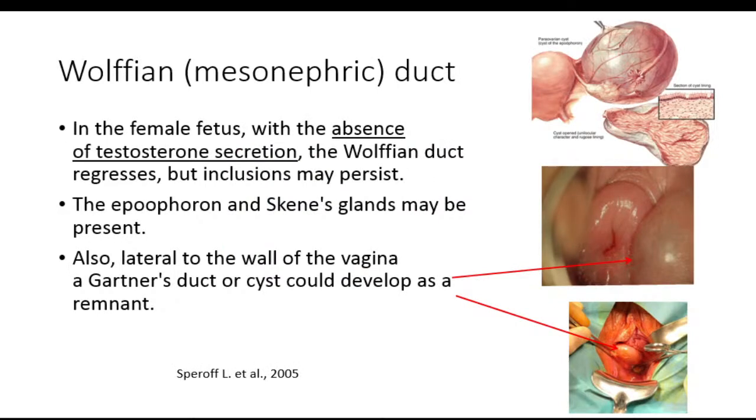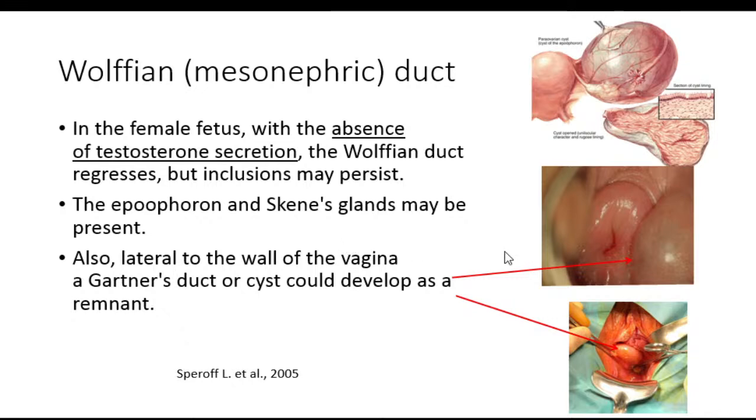The Wolffian or mesonephric duct remnants, or pathology of the remnants, can be seen in the female fetus with the absence of testosterone secretion. Obviously, in the female fetus the Wolffian duct regresses, and those remnants, those inclusions, may be seen as pathological